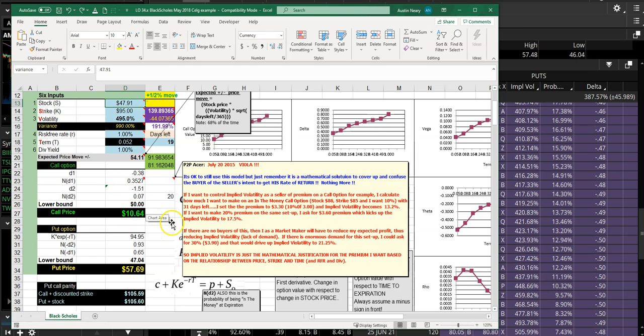All right, so anyway, that's if it goes up. If it goes down, let's just take a typical example where nothing moves. Let's say the stock price stays around 47, implied volatility doesn't change. But day by day, this thing goes down to 18 days. Now watch this down here. 18 days, it just went down to 1014. 17 days. 16 days, and it erodes day by day. If nothing else changes, it erodes.